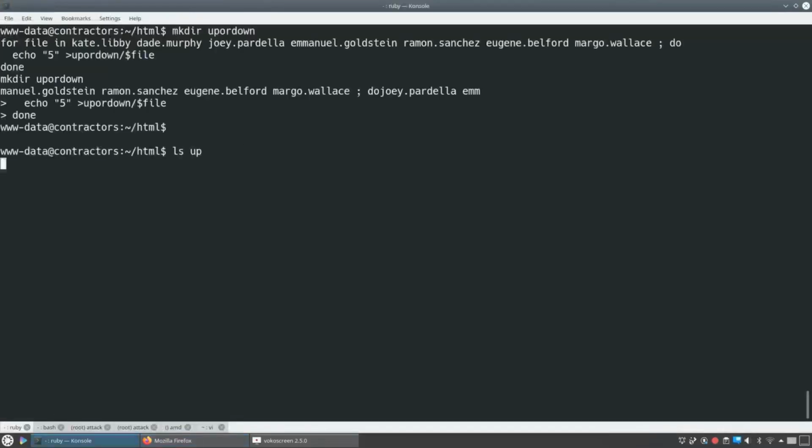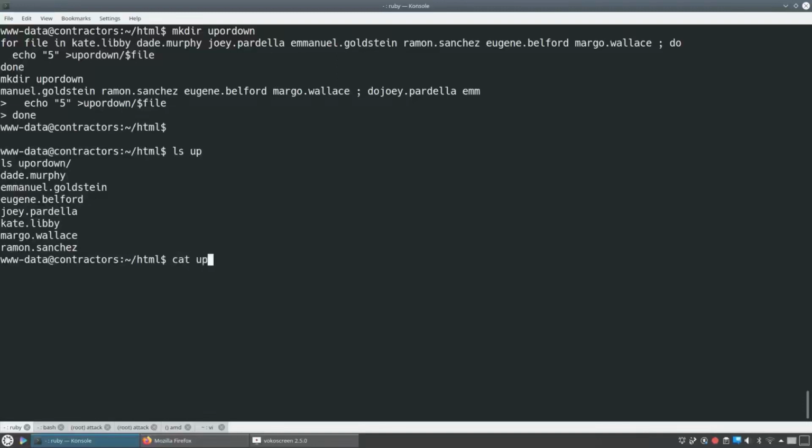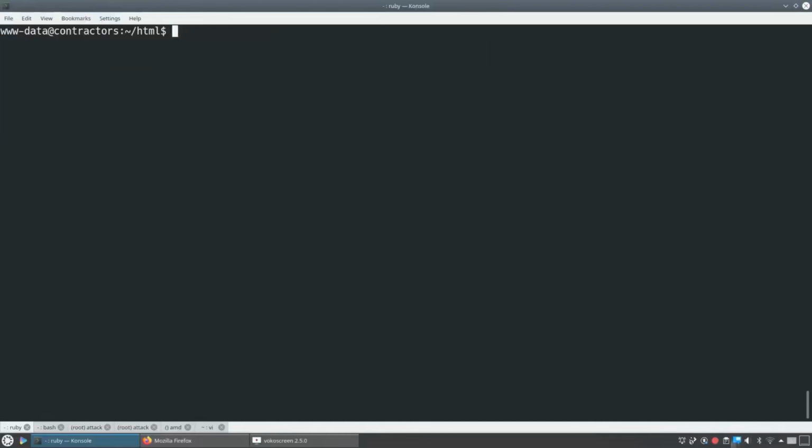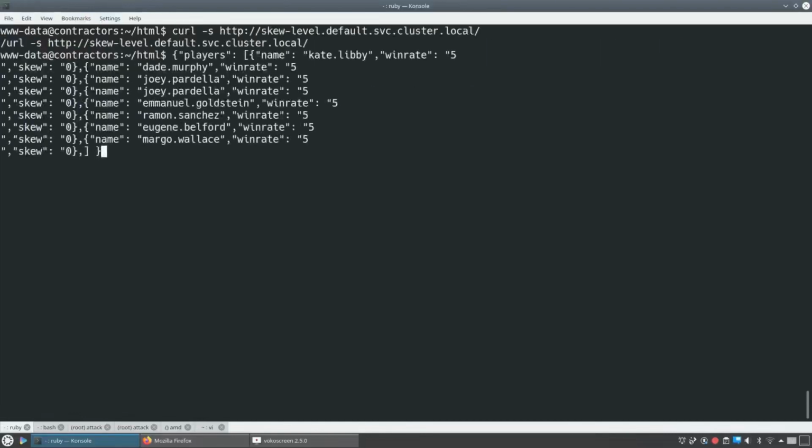And we're just going to create a directory. We create a directory called up-or-down. We create a file for each of these users in the directory. And if you look at the contents of one of these files, we'll look at the one for Dave Murphy, it just returns 5. So not that complex an API, but now if you hit